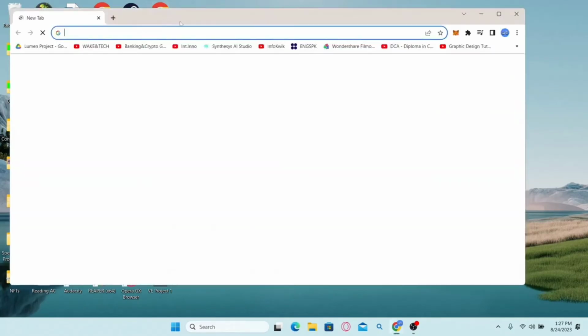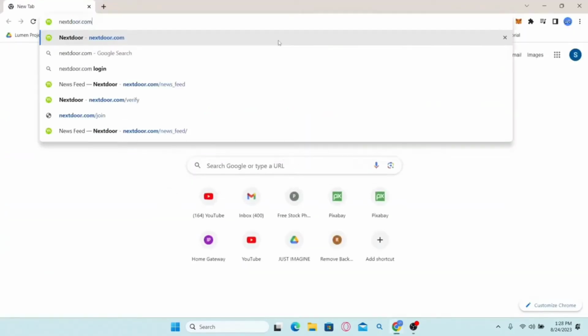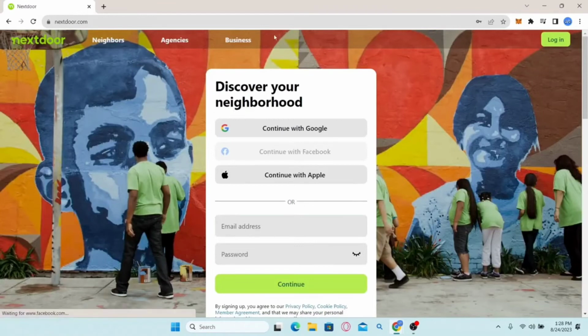First of all, open up your web browser and then in the address bar type in nextdoor.com and press enter. You will now be taken into the official Nextdoor website where you can log into your account using your Google, your Facebook or your Apple account. You can click on these options if you used your Google, Apple or Facebook account to create your Nextdoor account